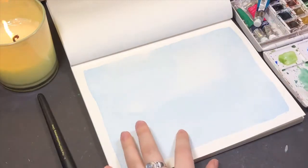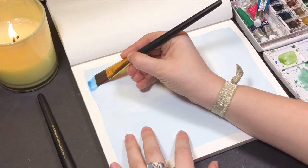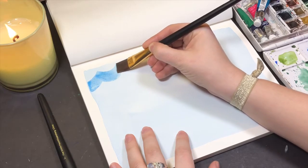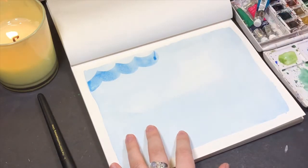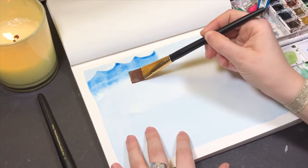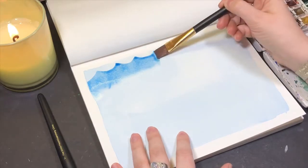Today I'm doing something a little bit different. I am doing what's called a tradigital painting. As you can see here, I'm starting out with the traditional portion of this artwork. I'm starting off with watercolors, and what I'm doing is creating a backdrop for my later digital